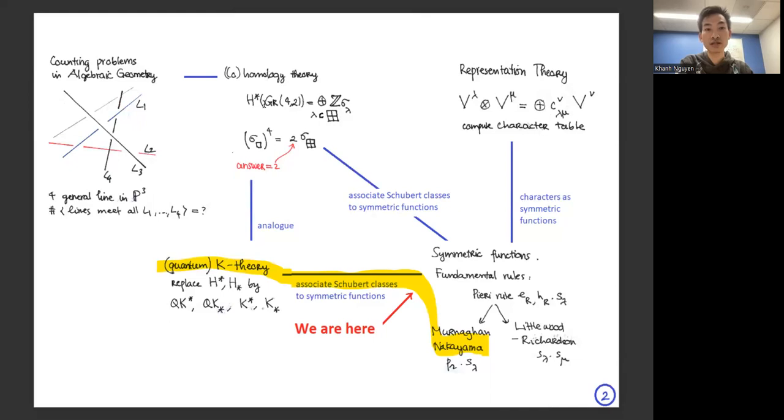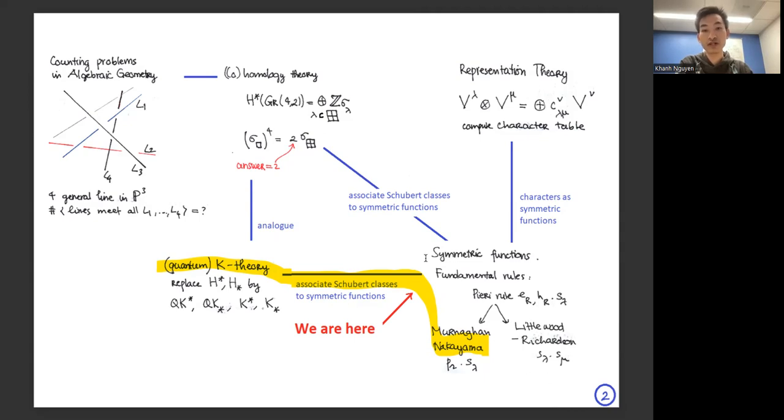Here we consider the Grassmannian of all subspaces of dimension 2 in a complex space of dimension 4, which I denote here by Gr(4,2). And we know that the cohomology ring of this Grassmannian has a Z-basis parameterized by partitions lambda inside a square of size 2. And the branching rules in this cohomology ring are given by the Littlewood-Richardson rule